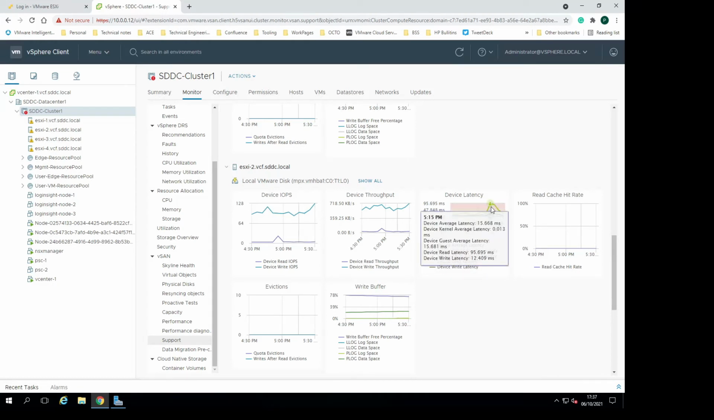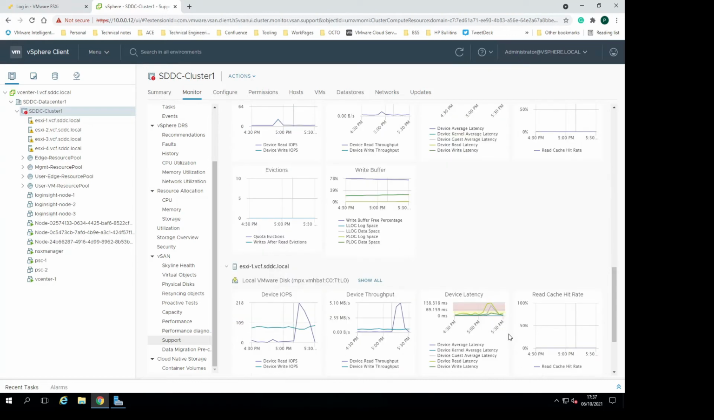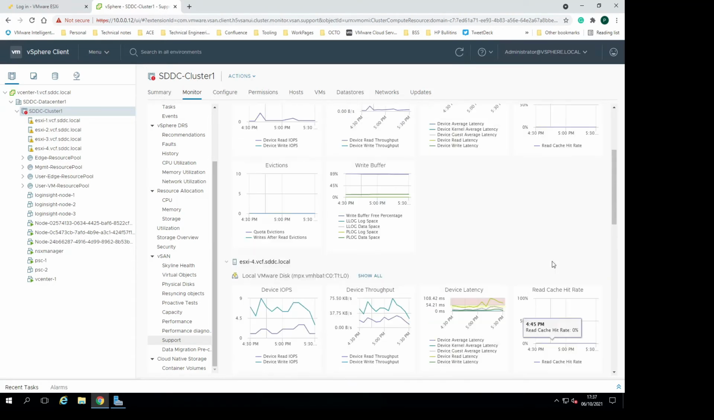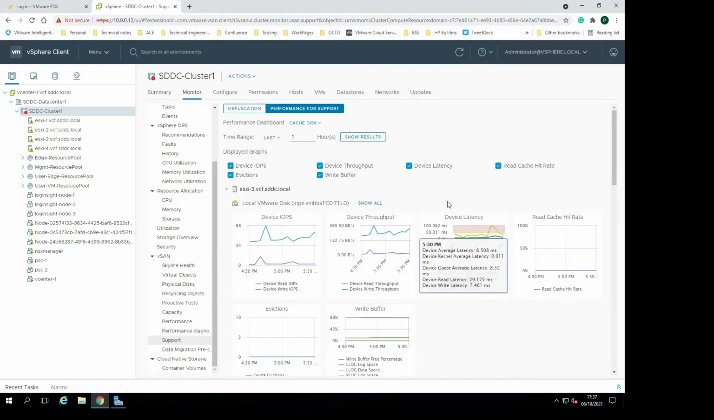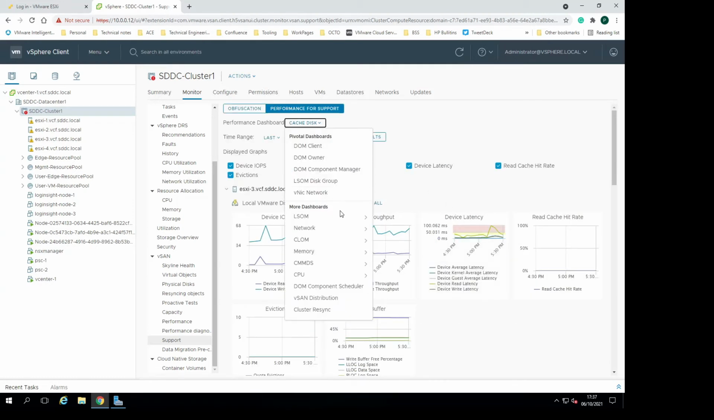The one here, because it's a nested environment, is pretty bad. We don't want to see that in the milliseconds. We want to see that figure in the nanoseconds or microseconds. So we found out that if we're looking through some of this information, we've got a write buffer being full. One of the other things we might want to look at, what we see in a lot of environments,